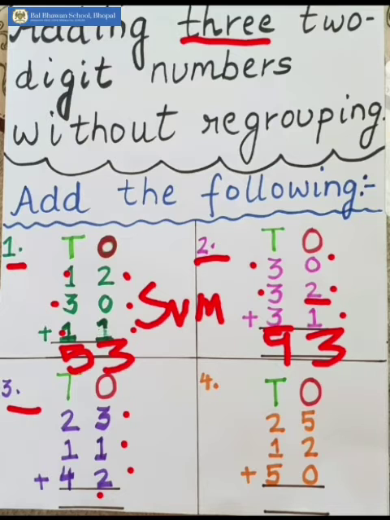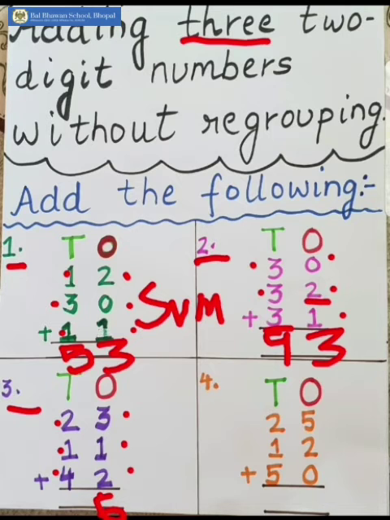So we will be adding this 1 with the answer you have got after adding 3 and 2. That is 5. Keep 5 in your mind and count 1 time on your finger after 5. So count 1 time. What comes after 5? Yes, 6. So 5 when it is added with 1, what you get? Yes, you get 6. Now the digits at tens place are 2, 1 and 4.